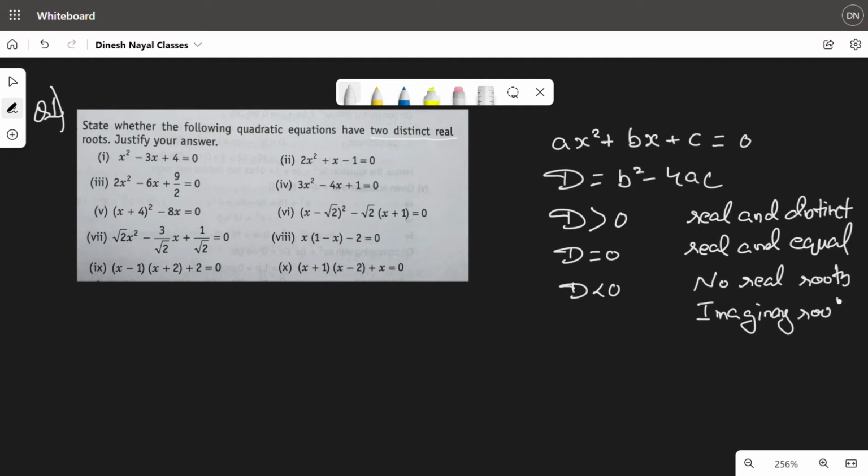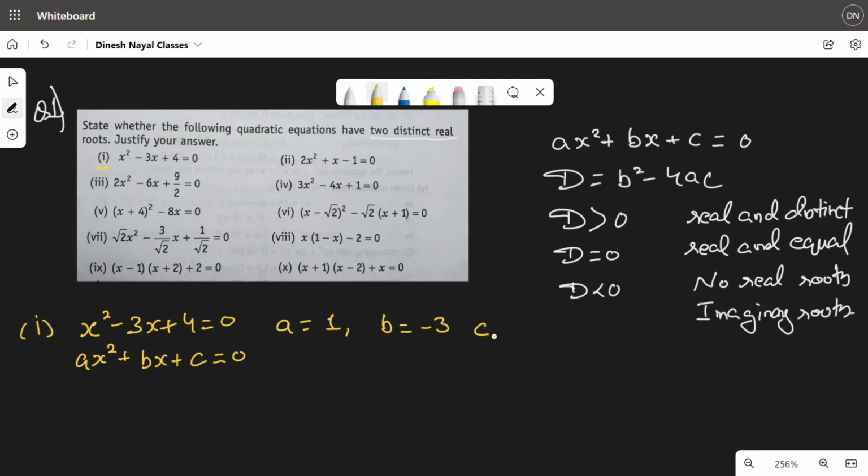So in this question, we have to check about the two distinct real roots. Distinct real roots means when the discriminant is greater than 0. Starting with question number 1, this is x square minus 3x plus 4 equals 0. Now comparing it with the standard equation of quadratics, ax square plus bx plus c equals 0, we get a equals 1, b equals minus 3,